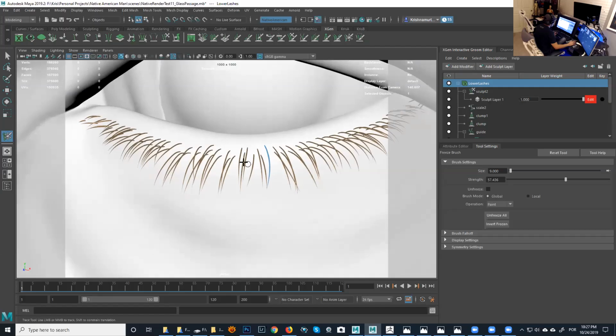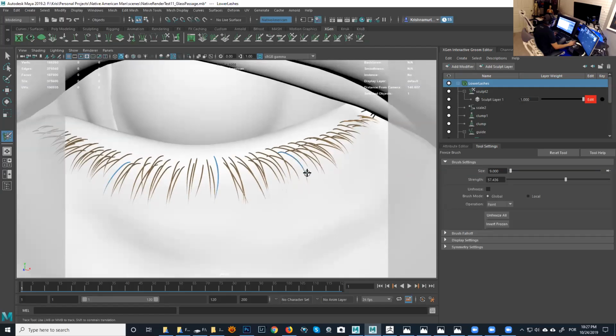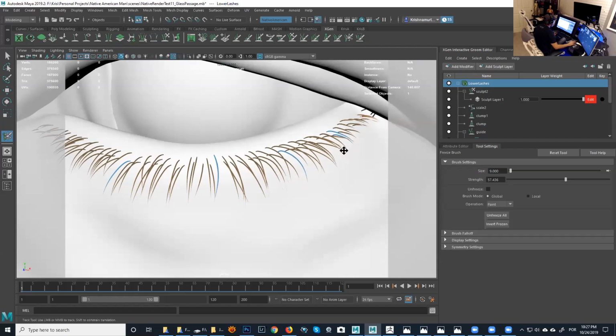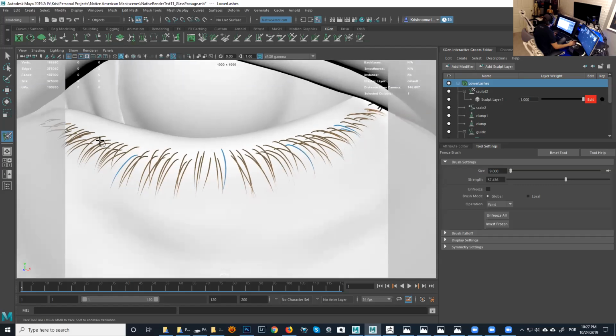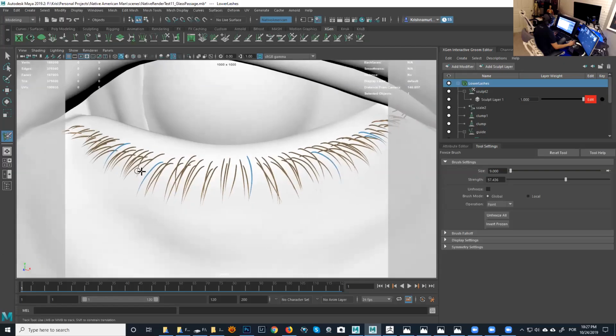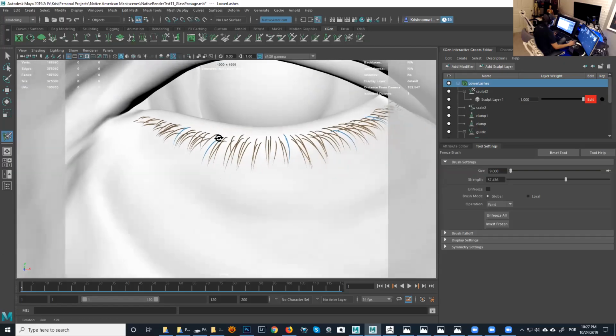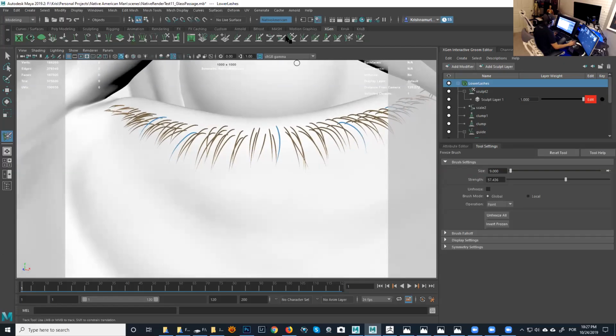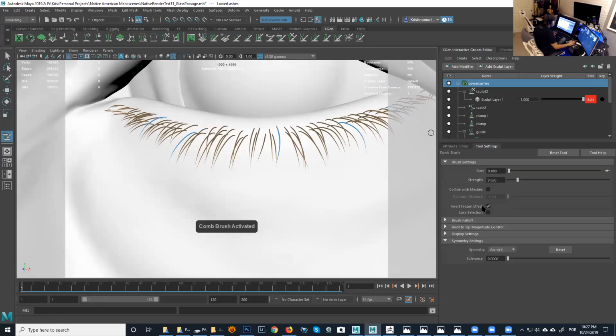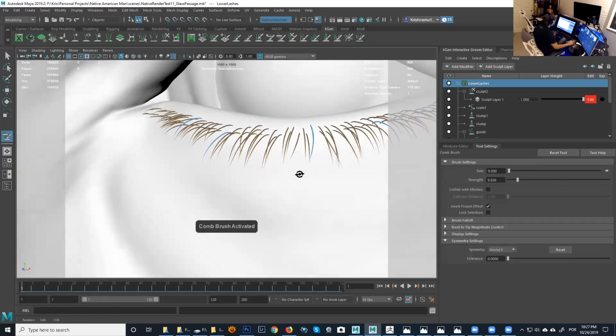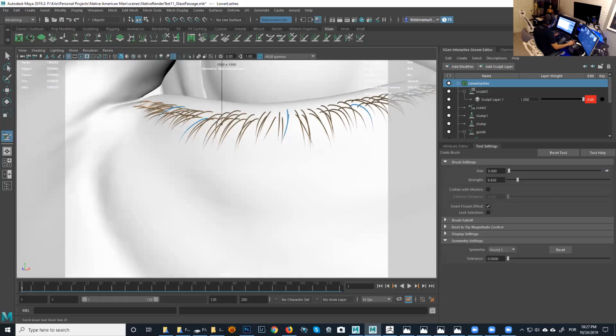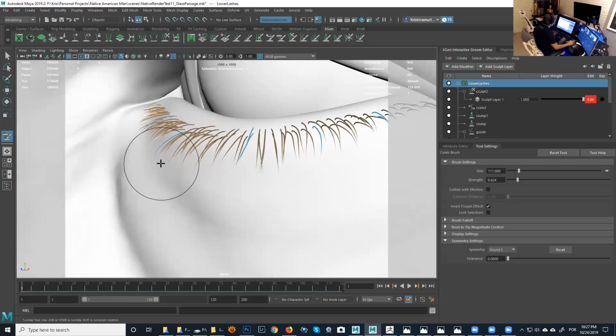Yeah, so I got that one. I can select this guy, that guy. You can pick very custom ones to make sure, if you really want to go to town, like styling everything. And then you can just go to your comb brush and say, use the invert frozen brush effect, right? So now with the bigger brush, I am sure they're only going to move those selected as blue,